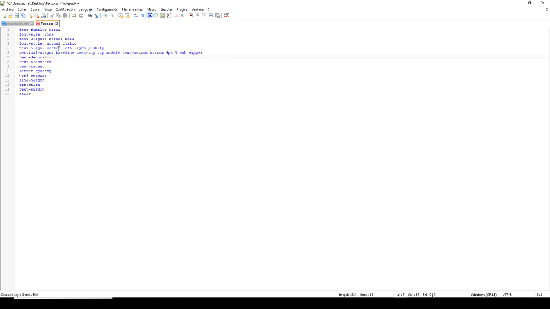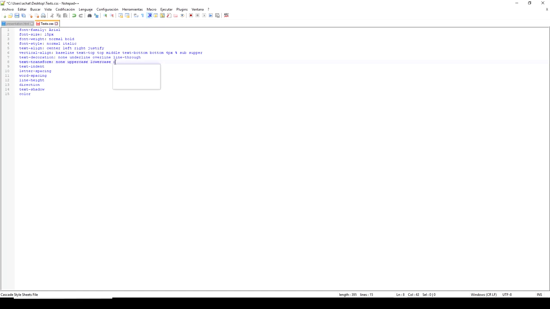Text decoration is the decoration of the text. We have none, underline, overline, and line-through. The text transform is for the capitalization of letters, and we have none, uppercase,